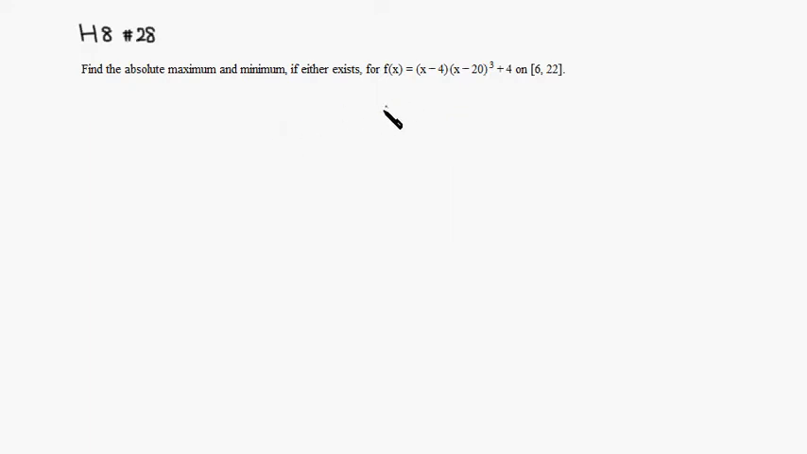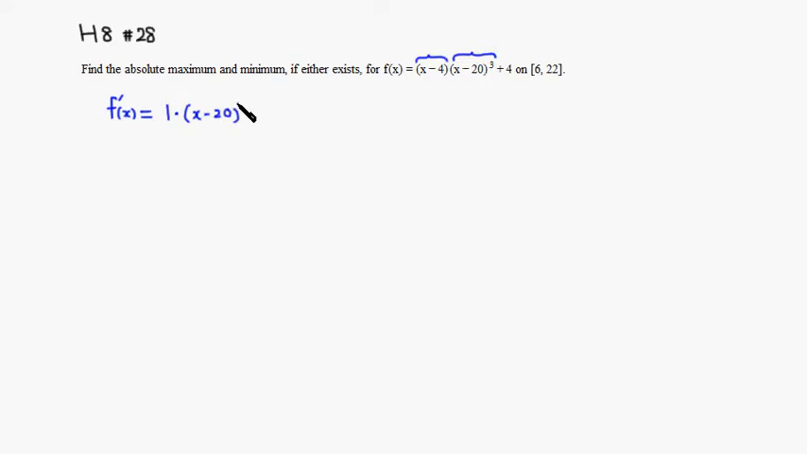All right, so first thing we need to do is find the critical numbers, so critical values. So we have to take the derivative. So f prime of x is equal to, this is a product rule. Here, this is our first guy, and this is our second guy. So derivative of the first is 1 times the second, so quantity x minus 20